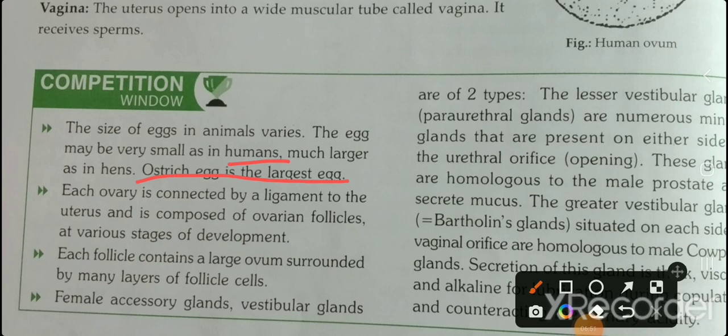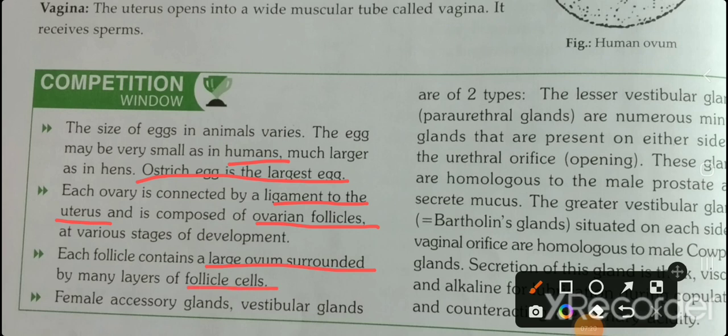Okay, so every ovary is also connected by a ligament to the uterus, and is composed of ovarian follicles at various stages of development. So these are a few points you need to remember. And the follicles contain, which is the fallopian tube, no? So the fallopian tube connects the uterus. Like this, the follicles contain the large ovum surrounded by many layers of